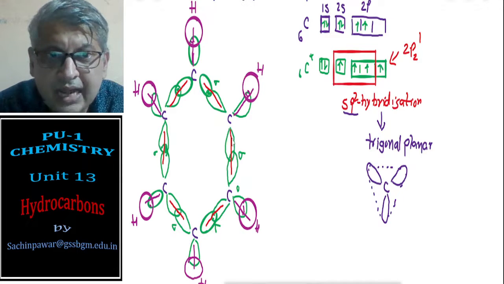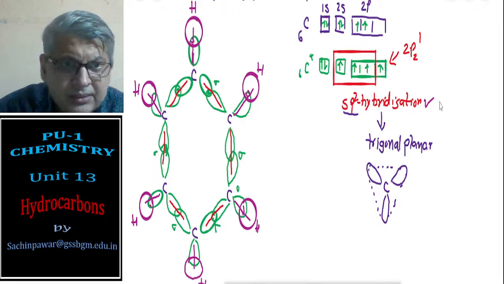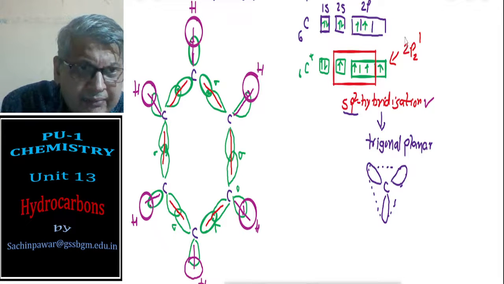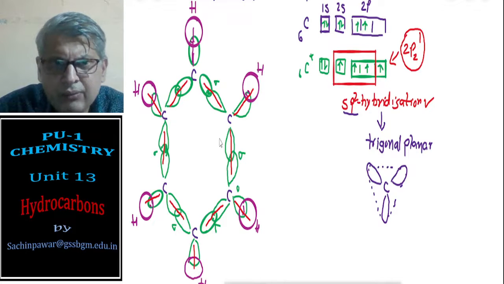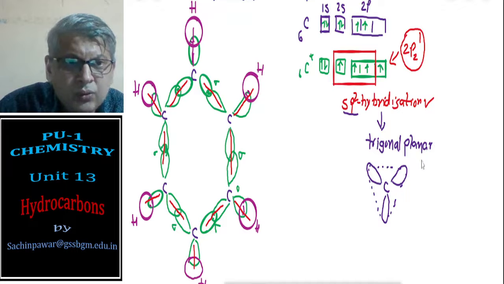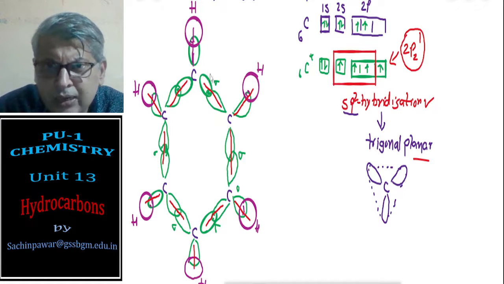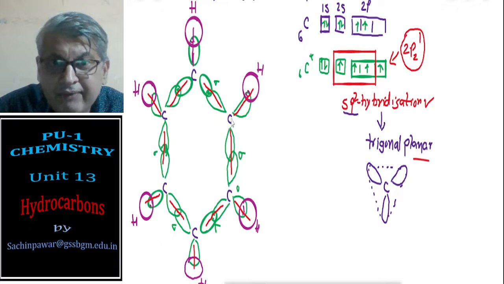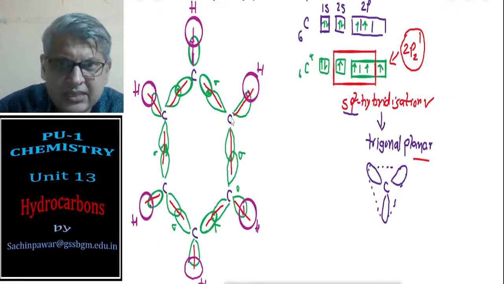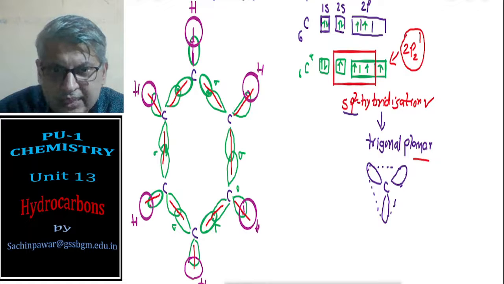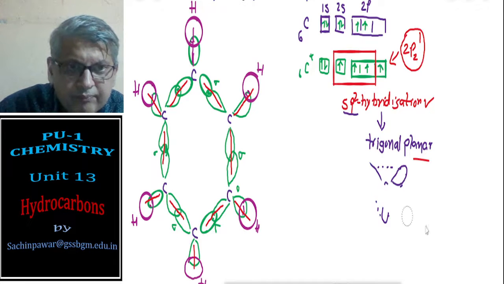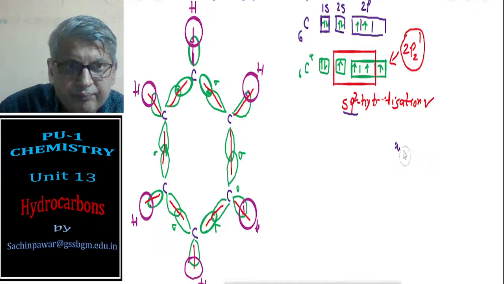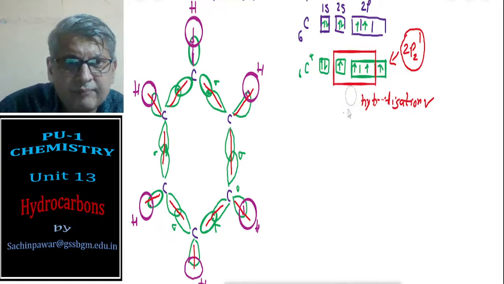So this is what hybridization tells us. But with this, on every carbon atom there should be one 2pz orbital intact. Since sp2 hybridization means a planar structure, the 2pz orbital should be perpendicular on every carbon atom. So for that, I'll just clean this out and show the structure.